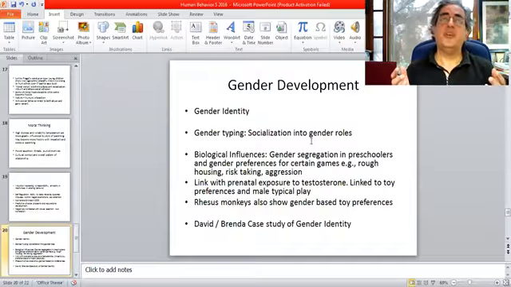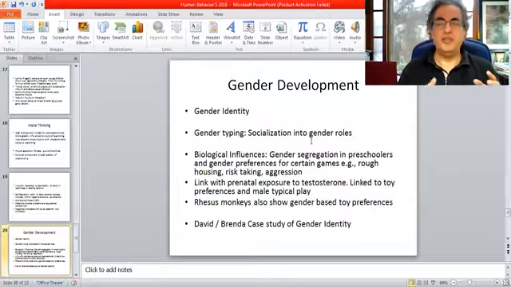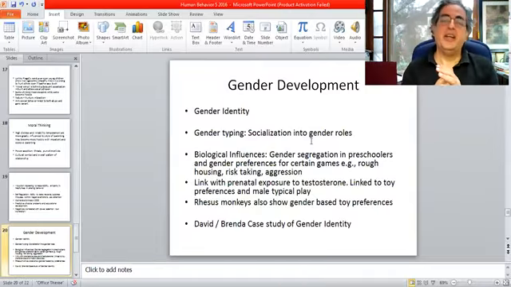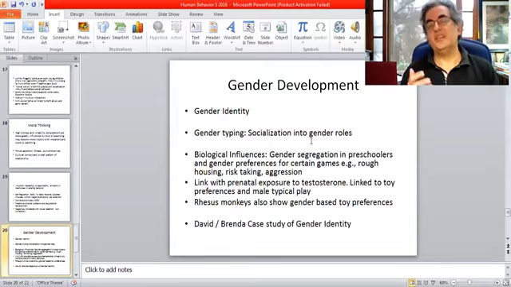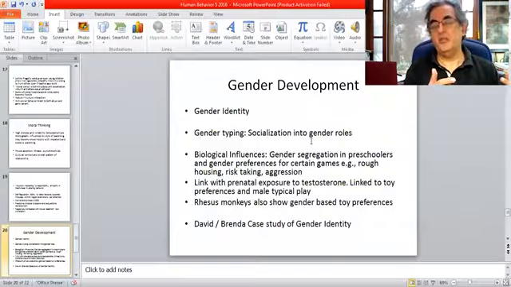You also have an overall preference. So girls prefer their own kinds of games most times, but they play these games as well, and same with boys. But there is an overlapping but different set of preferences. And what you find also, speaking of biological influences, is that these are correlated with the amount of prenatal